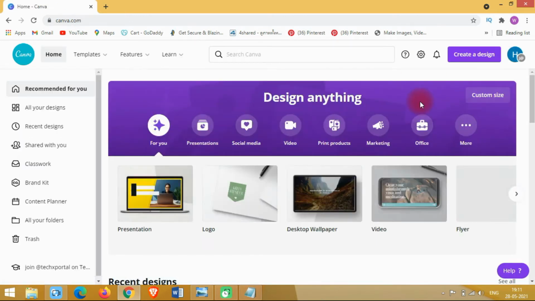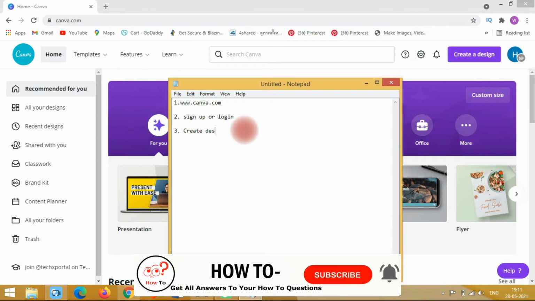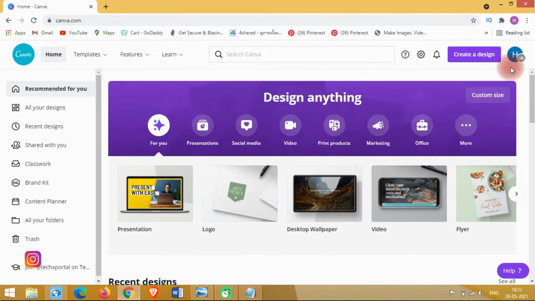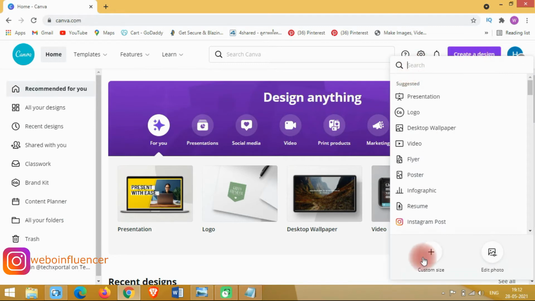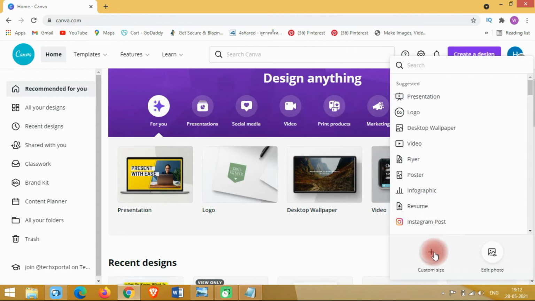Here, the third step after login is to click create design. For the size of the design I recommend 800 by 800, width by height. I will click here create design, and here you will find custom design.